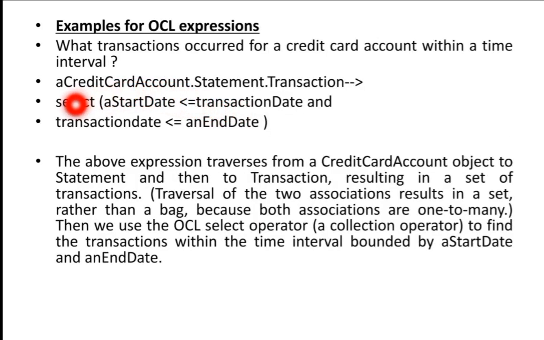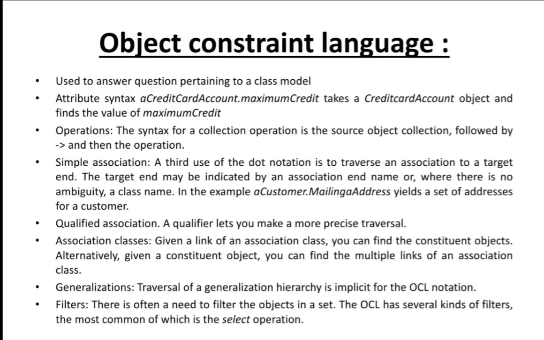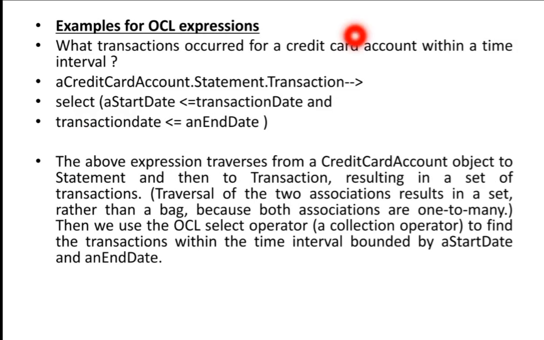See, next operation. What is the operation? I have to select where I am now. I am in the transaction class. In the transaction class I have to select the operation. That's why I am using the arrow mark. I explained here, operations are denoted by the arrow mark. So that's why I am denoting the operation with the arrow mark.